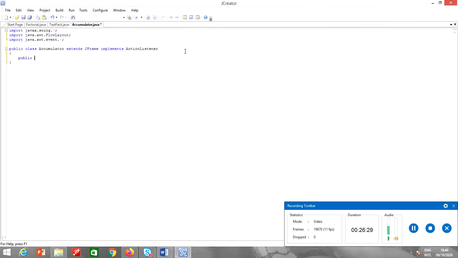So I have two labels, JLabel L1, L2, and I have two text fields,